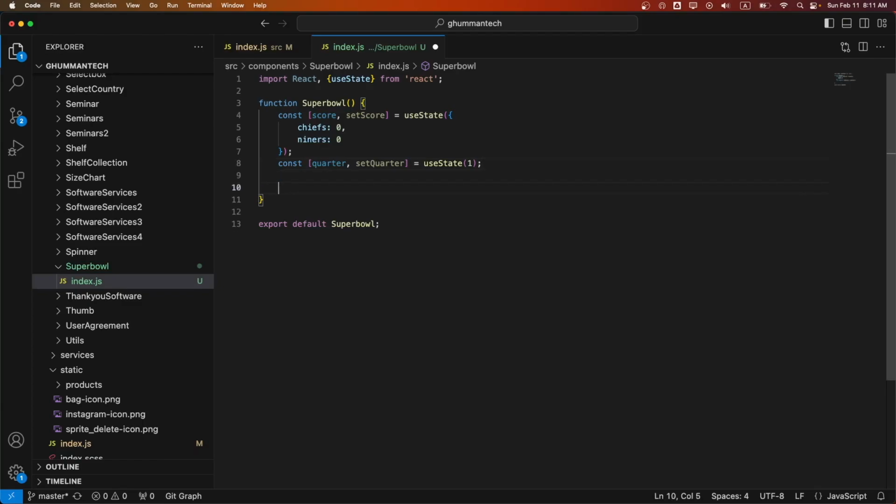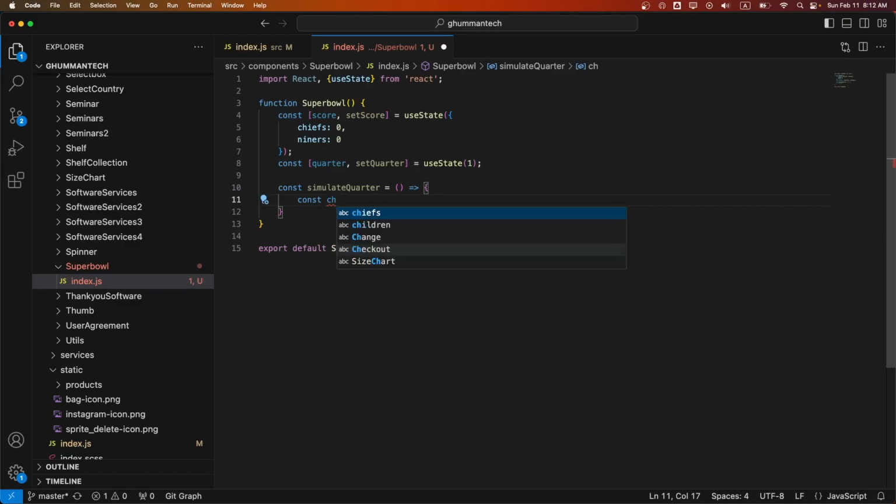Okay, then we're gonna have a simulation, right? So we're gonna have a function called simulate quarter. So that would be const simulateQuarter, and then we're gonna have chief points and we're gonna have the Niner points. So for the chief points,